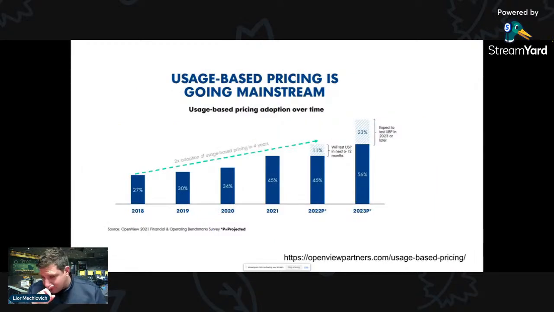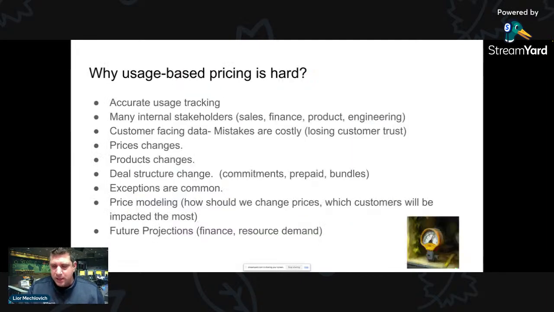So companies are moving to usage-based. That's a summary of seeing how many are moving, which is actually a huge difference every year. A very big adoption also among existing customers, right? Existing customers moving to usage-based, trying to make it more aligned with their own goals, and so on. So this is all the problems, why usage-based pricing is hard. And we're going to talk about each one of those.